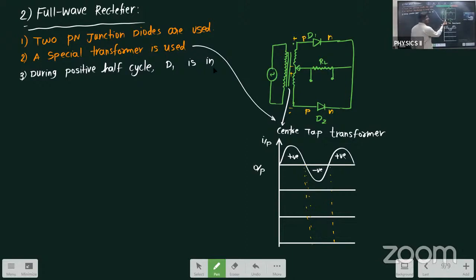Here the P side is connected to the negative terminal of the battery. Whether it will be forward bias or reverse bias? It will be in reverse bias. Whether it will conduct electric current? No. So in case of the positive half cycle, D1 is in forward bias,